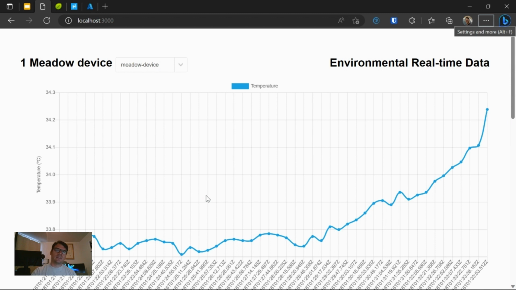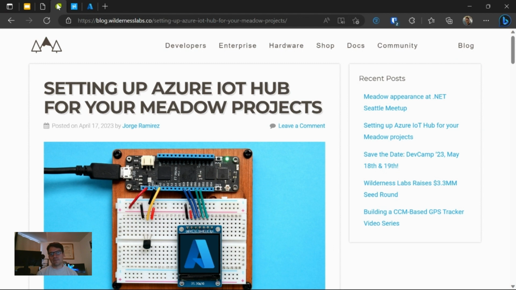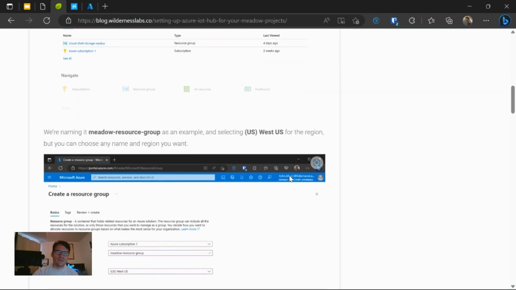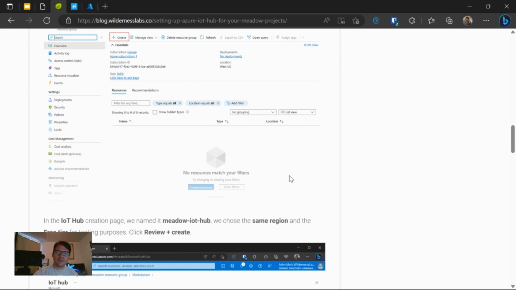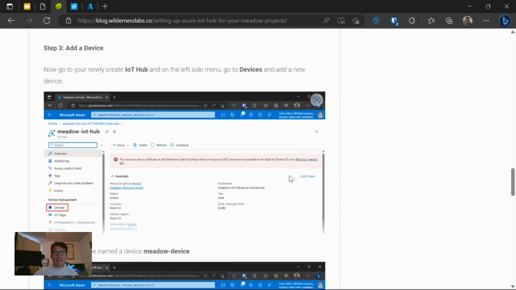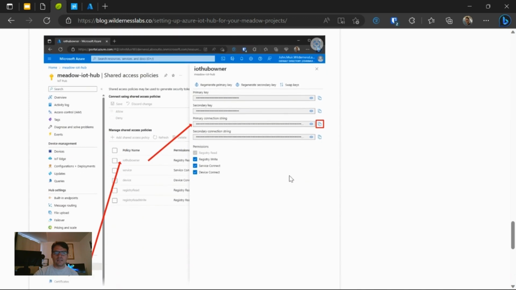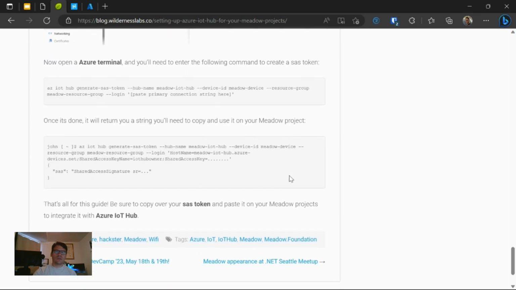For this, I have a blog post on our Wilderness Labs website that shows you how to set up your IoT Hub for your Meadow projects. If you follow this guide, it shows you how to create your resource group and the different steps to register or create an IoT Hub space. Finally, you add your Meadow device to it, and you can create your SAS token, which is your validation key that you need to pass into your device to provision it,